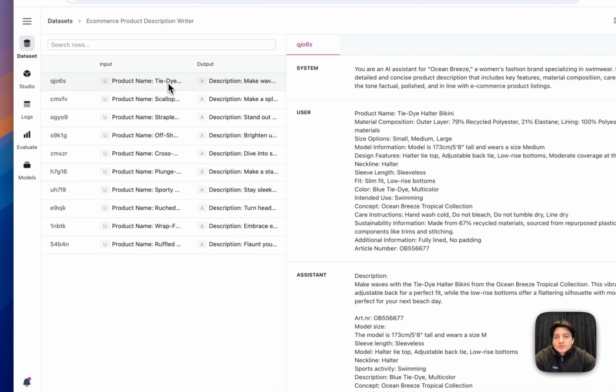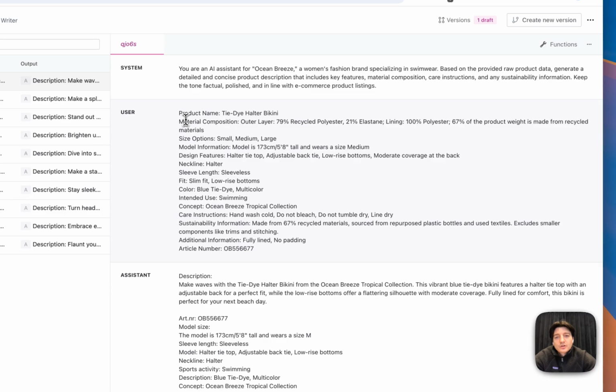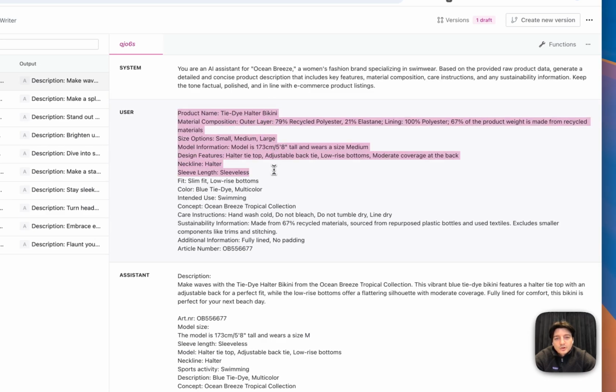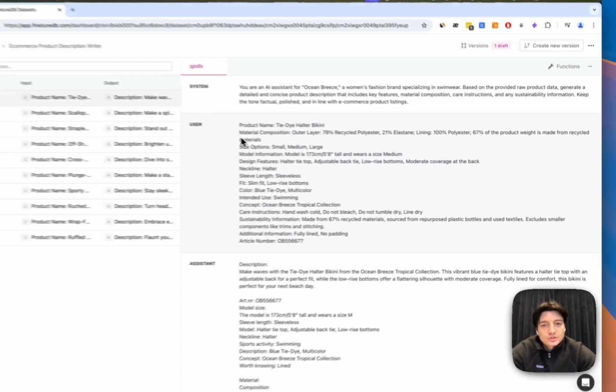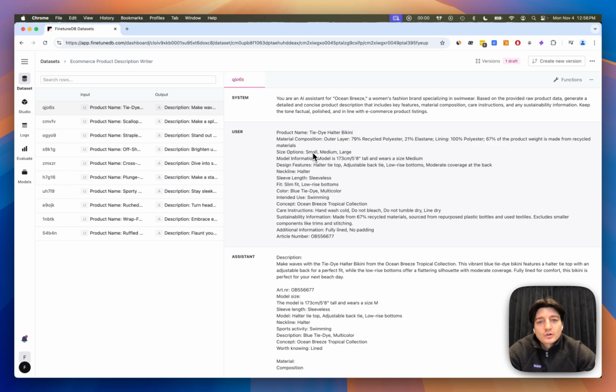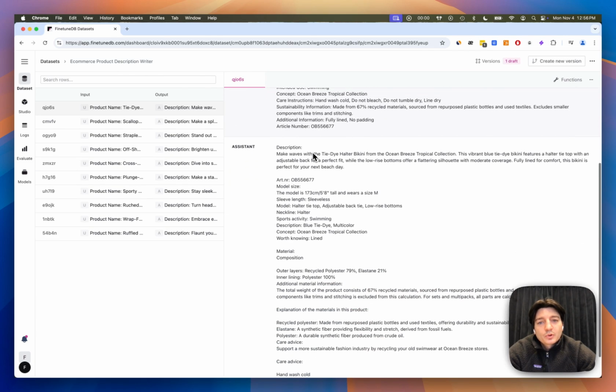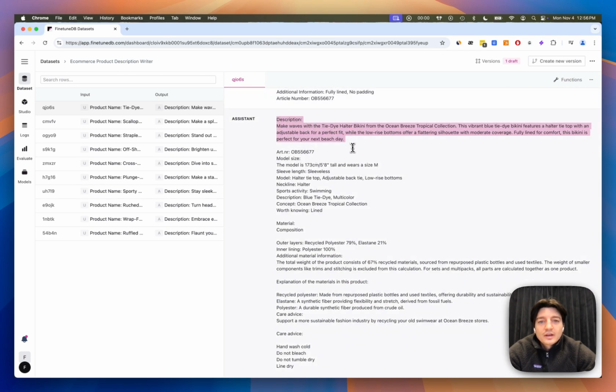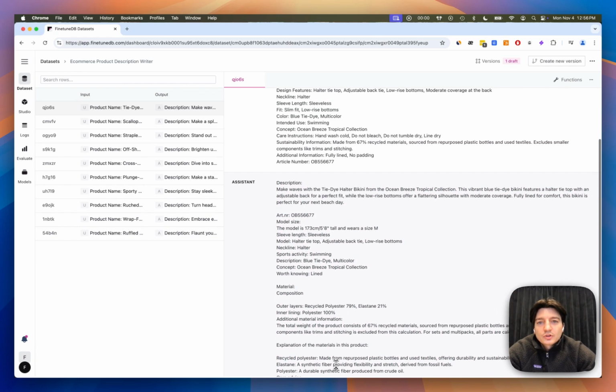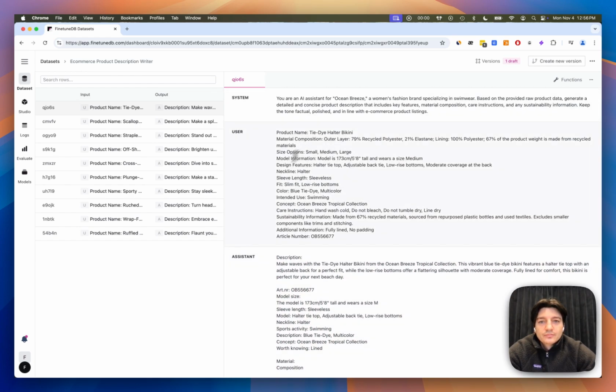In the dataset manager, you create input-output examples of product descriptions with the product name and the article number, all of this unstructured data with information about your product, and the corresponding product description in your tone of voice and in the layout you want it to have. Usually you would have it already existing on your website, so you can just create these pairs in no code